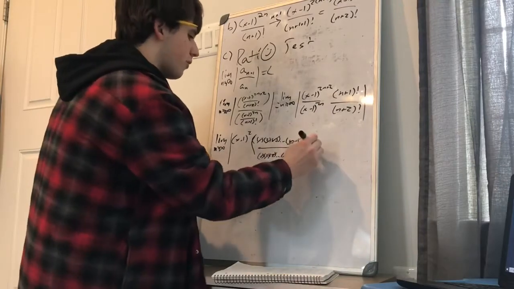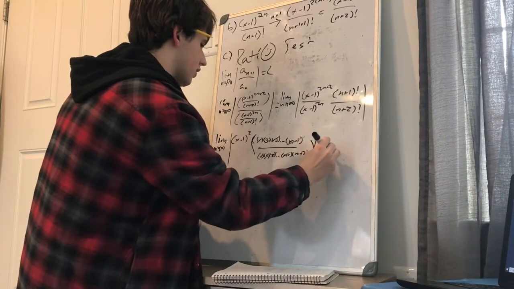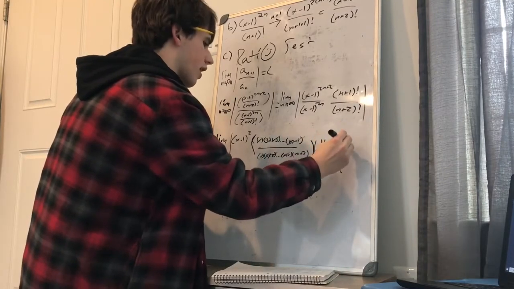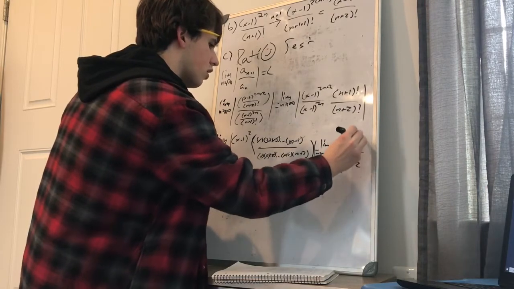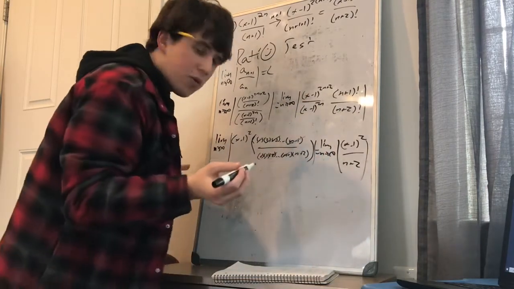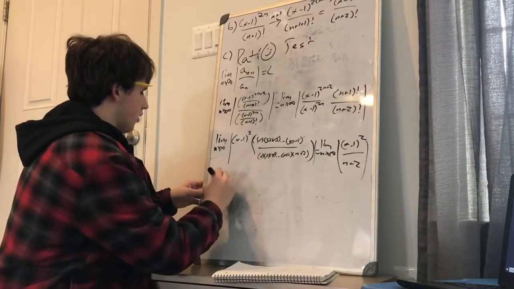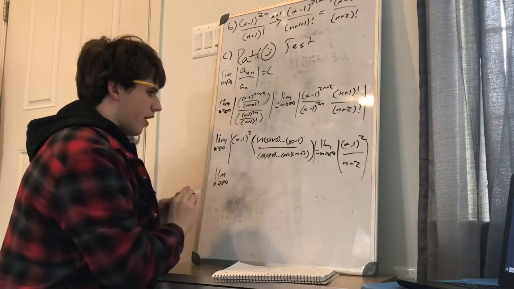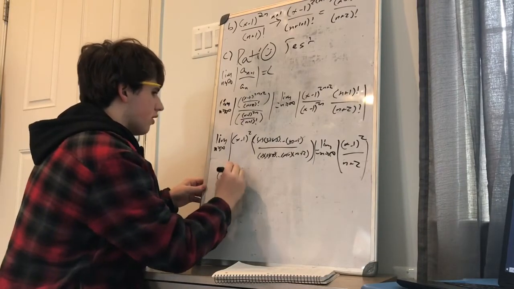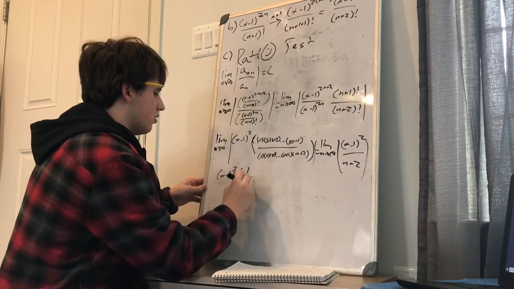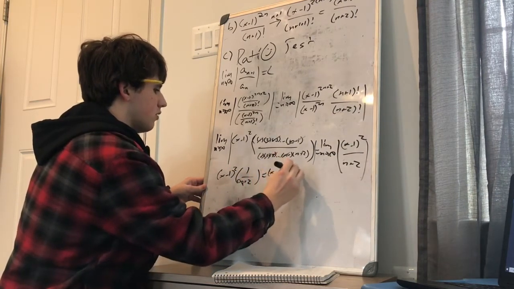All right, so now we have an absolute value, and the limit as n approaches infinity of the absolute value of (x minus 1) squared over n plus 2. And now we apply the limit. You know how to do this part. I'm going to squat down a little bit so I can write better. So we have (x minus 1) squared times 1 over infinity plus 2, or (x minus 1) squared times 0,